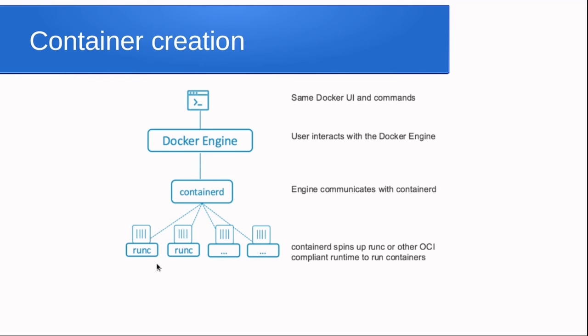Runc is governed by the OCI, that is the Open Container Initiative. This is a fixed, defined standard to run all containers. So runc will take all those parameters, like if a container has to be created, what will be its image, what would be its volumes, what would be its network, etc., and then it will run the container. So this is how a container is created.